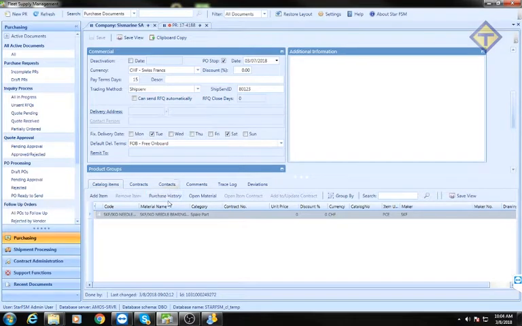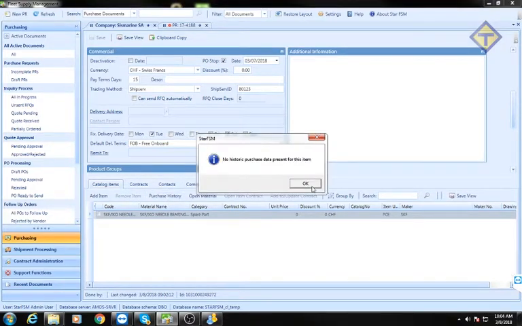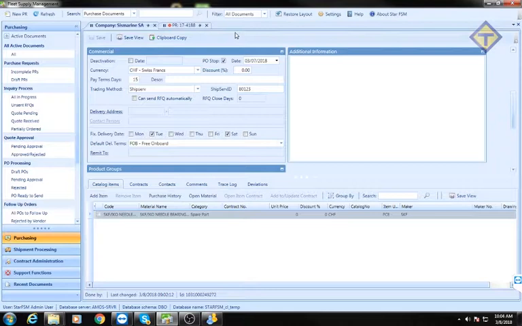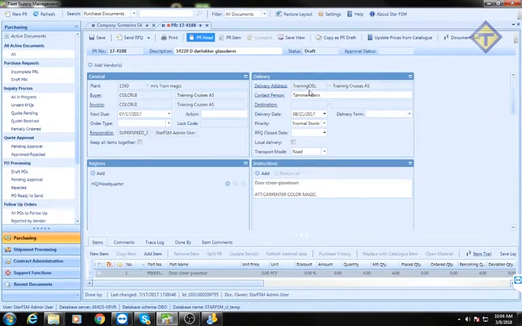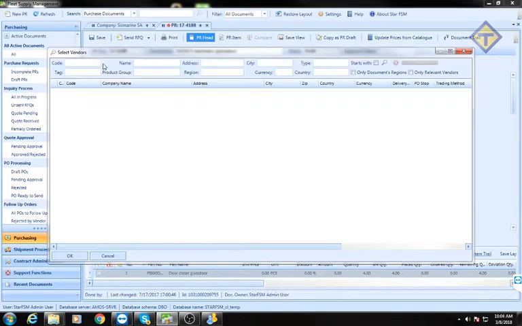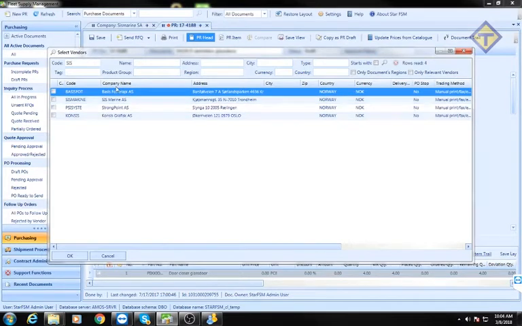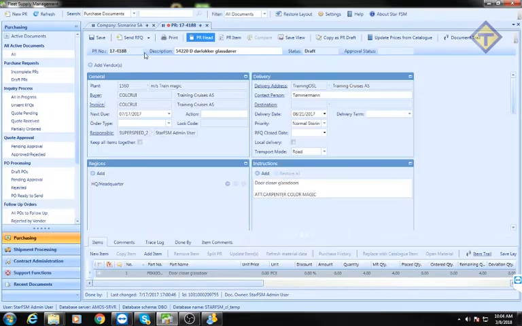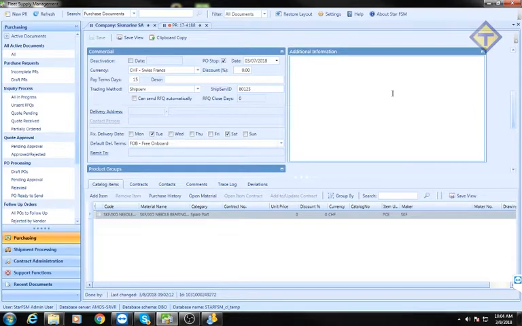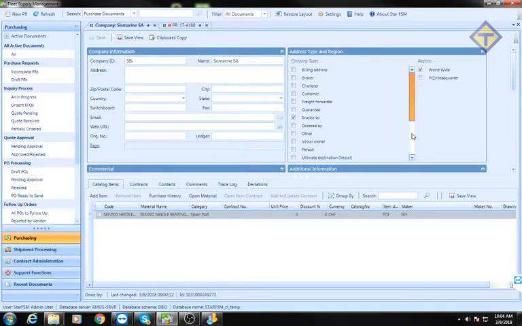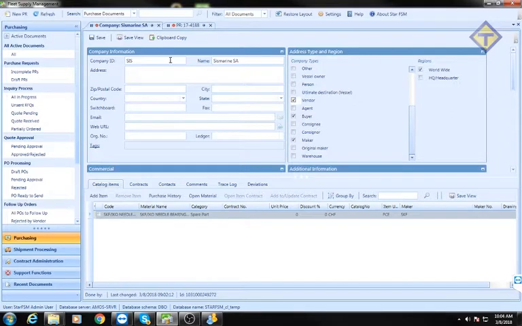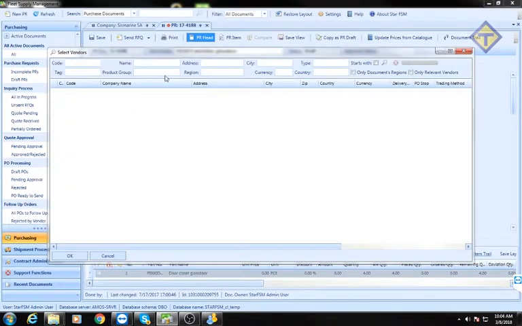I can, for example, check the purchase history for this guy, but there is no history yet. When I select the Sysmarine here, oh no, I didn't save that as a vendor. Okay. When I create a PR and I select this guy,